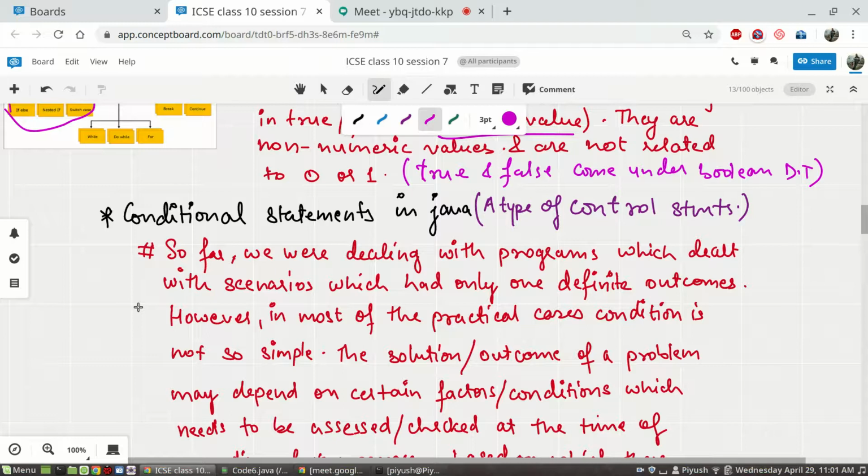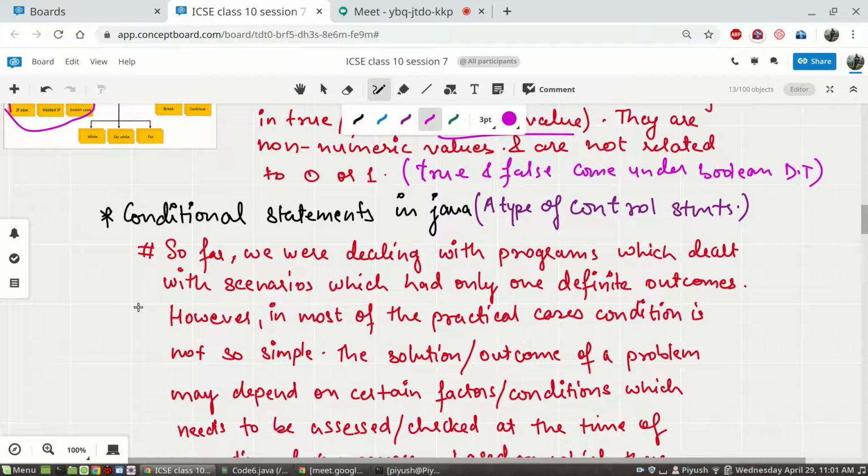So as of now, what we have learned is not sufficient to deal with circumstances in problem solving using computer programs, where we need to decide based on certain criteria, conditions or factors which we need to consider while solving our problem.